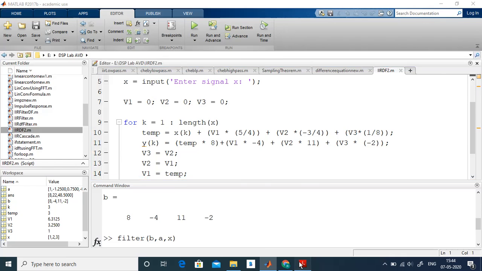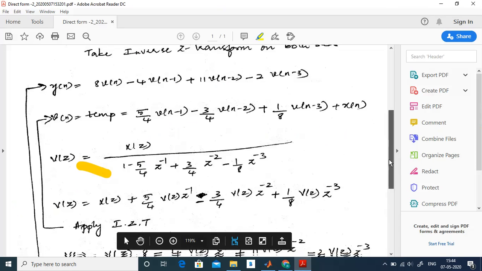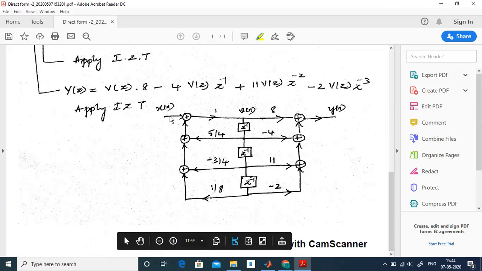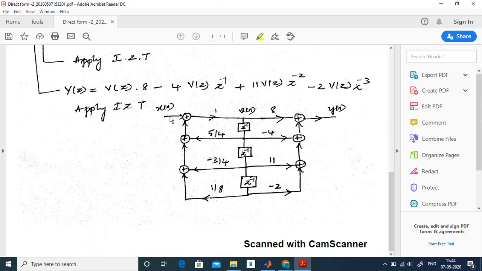So in this particular block diagram, I am giving input which is in the form of discrete. I can't send all the signals at a time. So I'll send one signal at a time. Suppose if I send first signal, say for example x of n is equal to 1, that will come here, right? And one process will happen. And this has to go here because next input is already ready. In the next instance, second input should come. Where should the first input go? It is somewhere here. It has to come here.